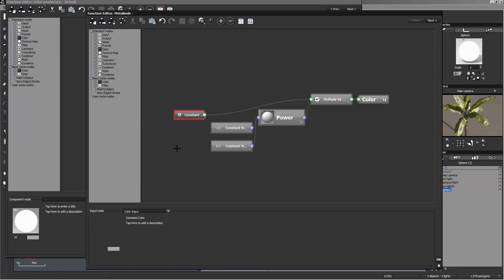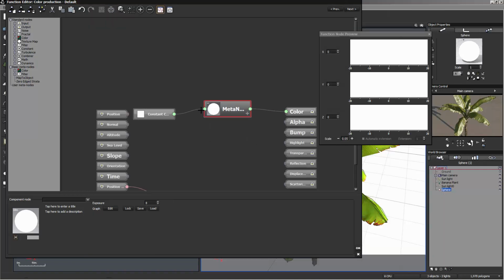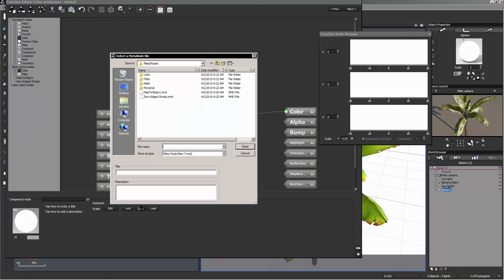And I'm going to go ahead and change the name of the input node to color. So that way we know we plug the color in and then we get the color out. And now we can save this. So I'm going to select save, and